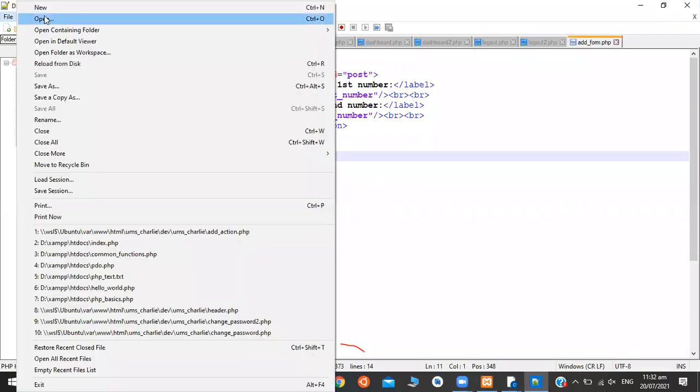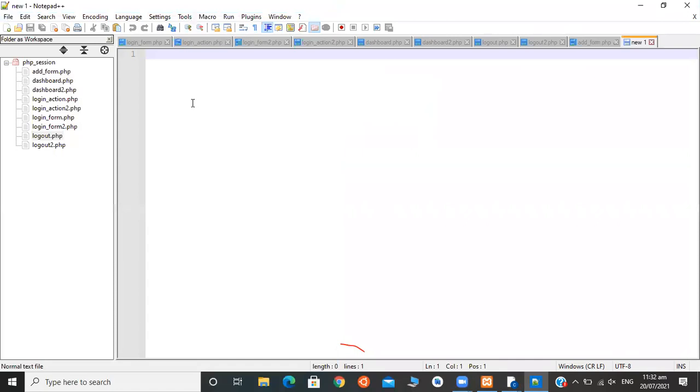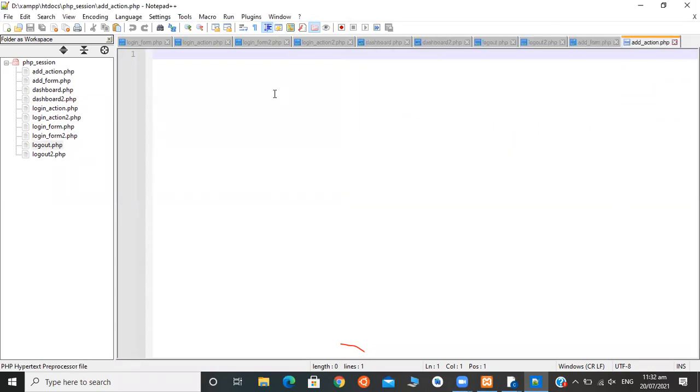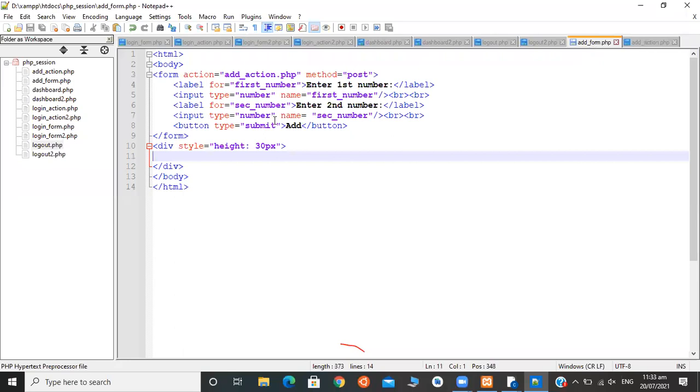File, new, save it as add action.php. What can I do here to get a result or to get the data from the server which we have sent from add form.php?